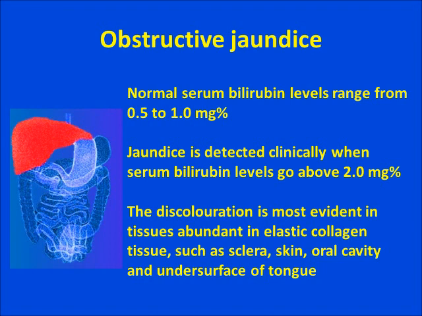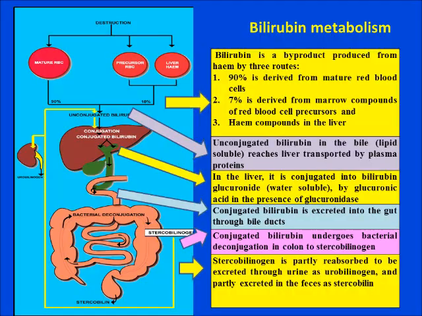The discoloration is most evident in tissues abundant in elastic collagen tissue such as sclera, skin, oral cavity and undersurface of tongue. To understand jaundice, metabolism of the bilirubin needs to be understood. Bilirubin is a byproduct produced from heme by three routes. 90% is derived from mature red blood cells, 7% is derived from marrow compounds of red blood precursors and heme